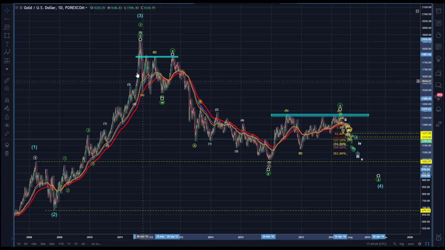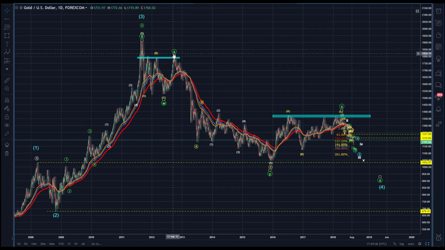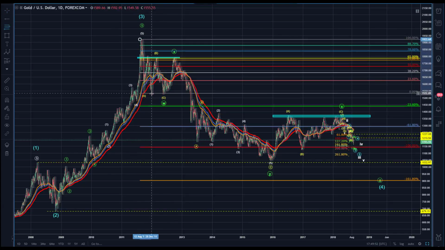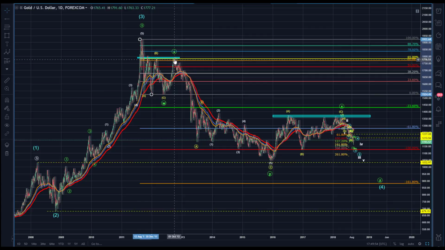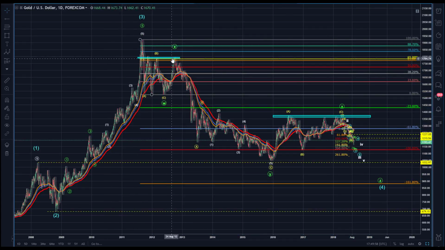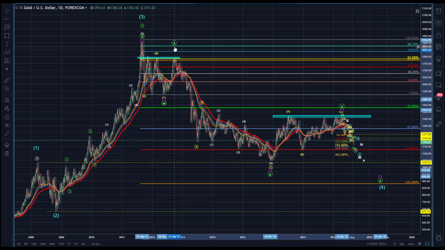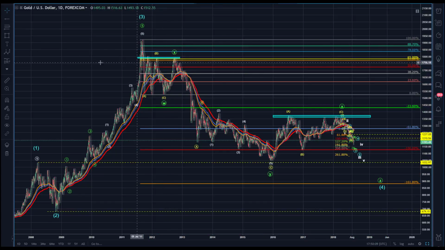That's our W, right? Remember, W, X is correcting that first ABC. Well, this is right in that zone here. We know we want to see an X wave anywhere from the 786 to the 887. That's the idea. Well, we don't get there. What we run into is the golden zone, and we can't get through it. Now, again, purists, I know we want to see an X wave, 786, 887 would be perfect, but we just don't have it. I don't see another way to